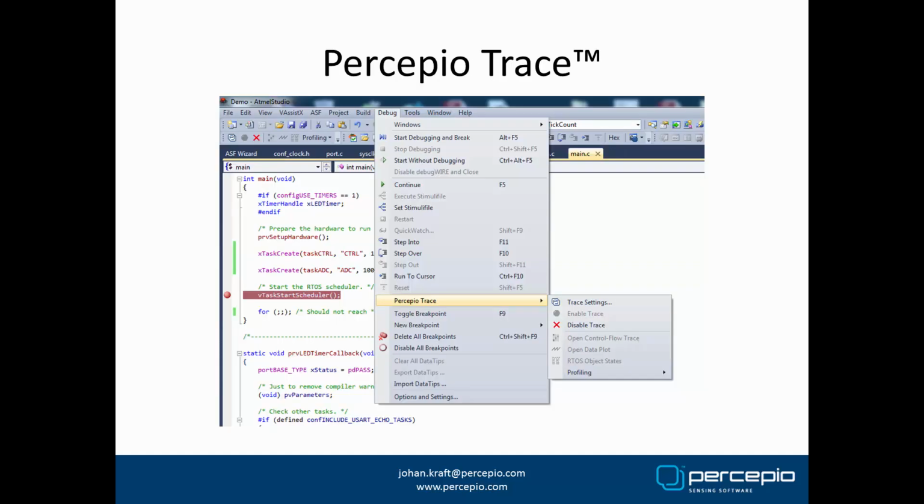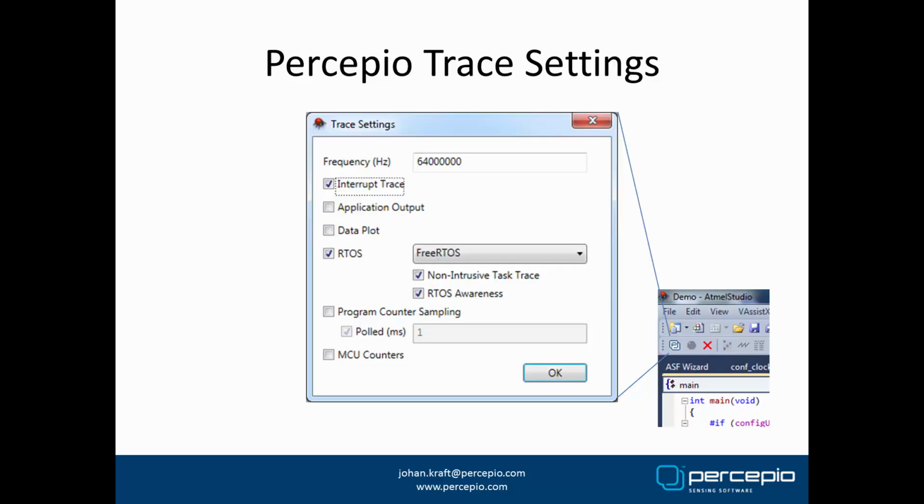Percepio+Trace is found in the Debug menu here and also in a toolbar up here. The toolbar is not shown by default, but it can be enabled from the View menu. The first thing you will need to look into is the Trace Settings dialog found if you click on the